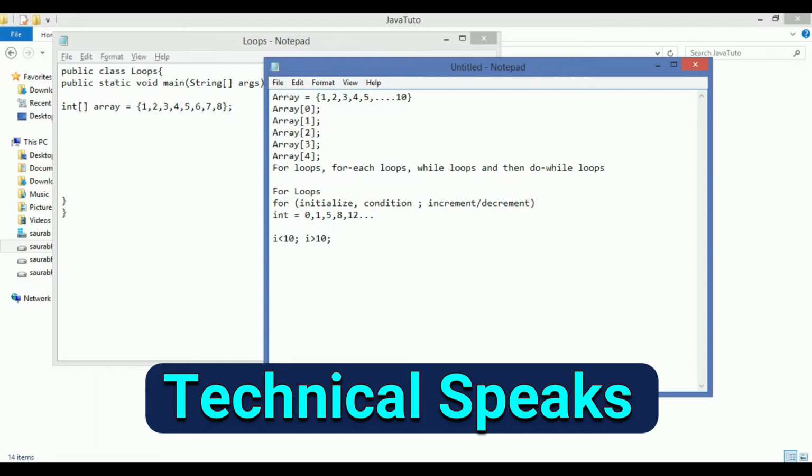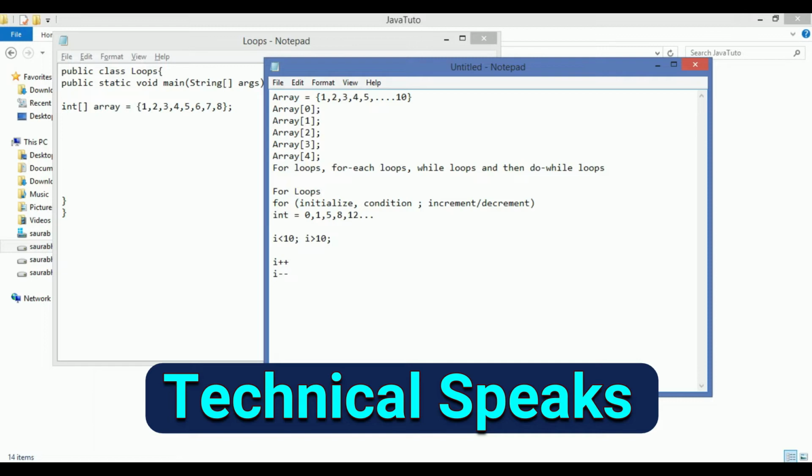It is based on the variable we initialized or declared here. Increment simply means I want to go more and it is represented as i plus plus. Just the opposite, decrement simply means to go less and it is represented as i minus minus.